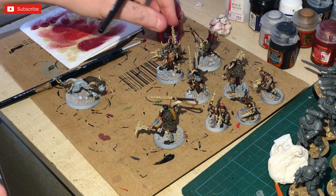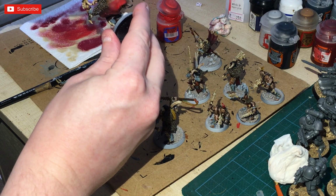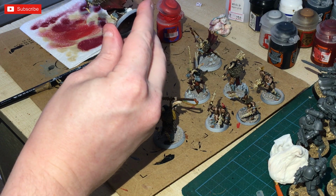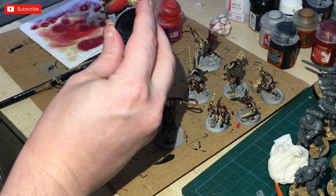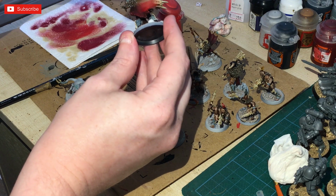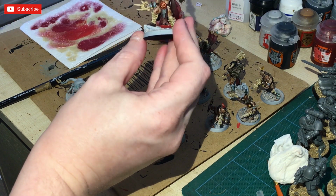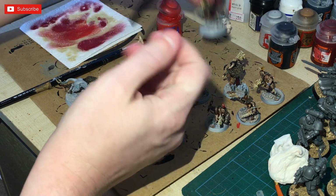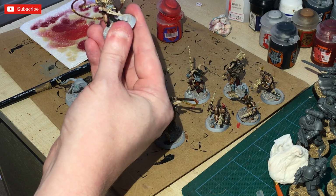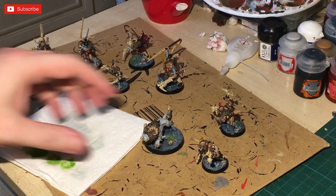Alright, this is going to be a lighter dry brush, and we're just going to sort of caress the edges in a left and right motion. We're not going to cover the whole thing. We're just going to get the edges of the cloaks. And we'll do that on the smaller ones as well. Backwards and forwards motion, and there we go. Base them up now,